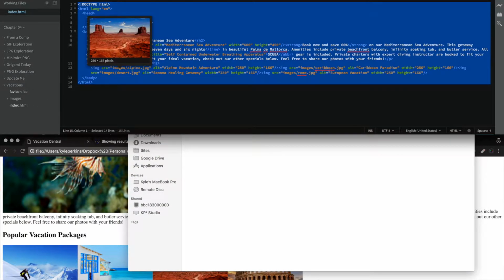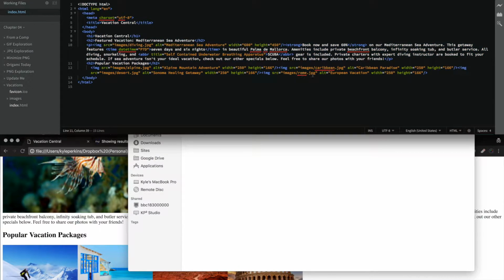Alright, so the first thing we're going to be doing is locating the Rome image. The Rome image is the one right down here, the last image that we put in. We're going to be clicking to the right of it and pressing enter. Alright, now we're actually going to be adding the licensing logo along with the captions for these items. So, what we're going to be doing is we're actually going to be adding